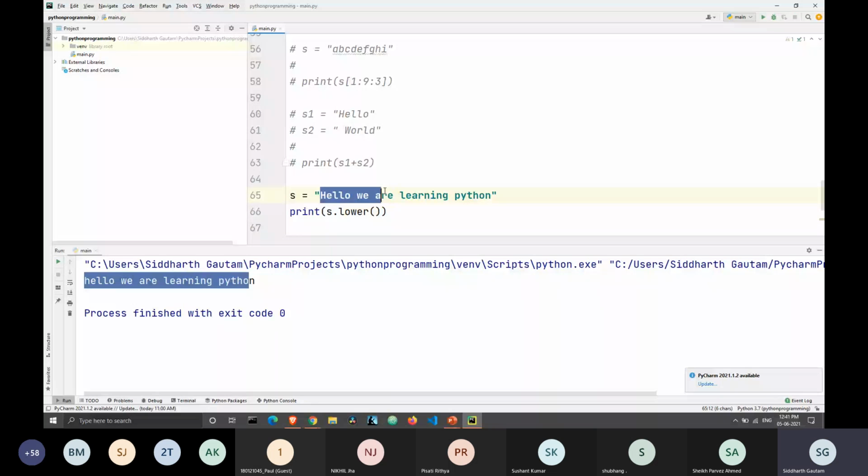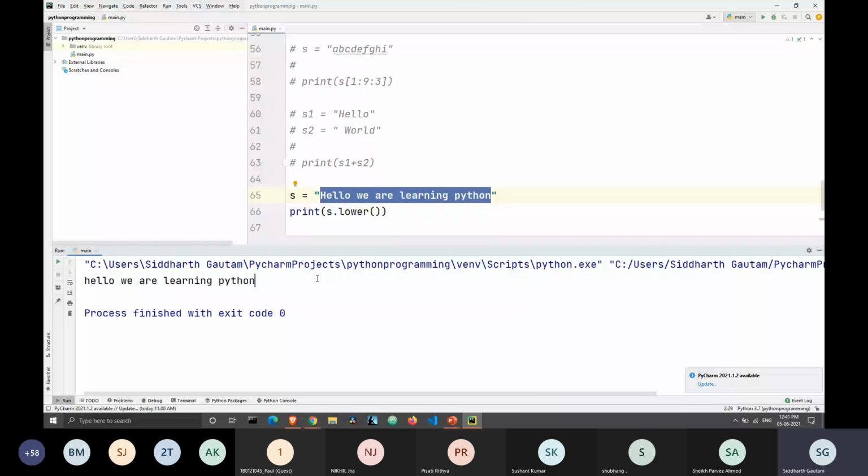Yep, you're right. There's only one capital letter here, which is H, and this got turned into lowercase. Let's make it a little more visible. If I type learning like this, and then I print s dot lower, even in that case, the entire word got turned into lowercase characters.